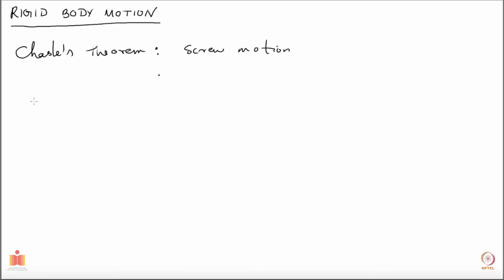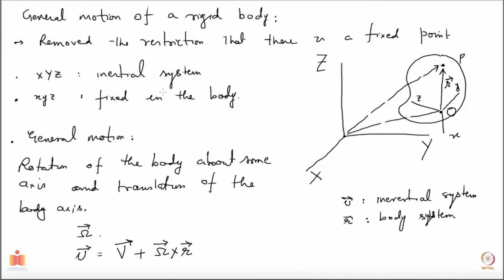If I want to look at the angular momentum, let me go back to this diagram here. So this is the origin. Let me denote this vector as R. The vector R gives you the position vector of the origin of the body system with respect to the origin of the space system, or the inertial system, and this is the point P which we are looking at, and let's call this r prime.